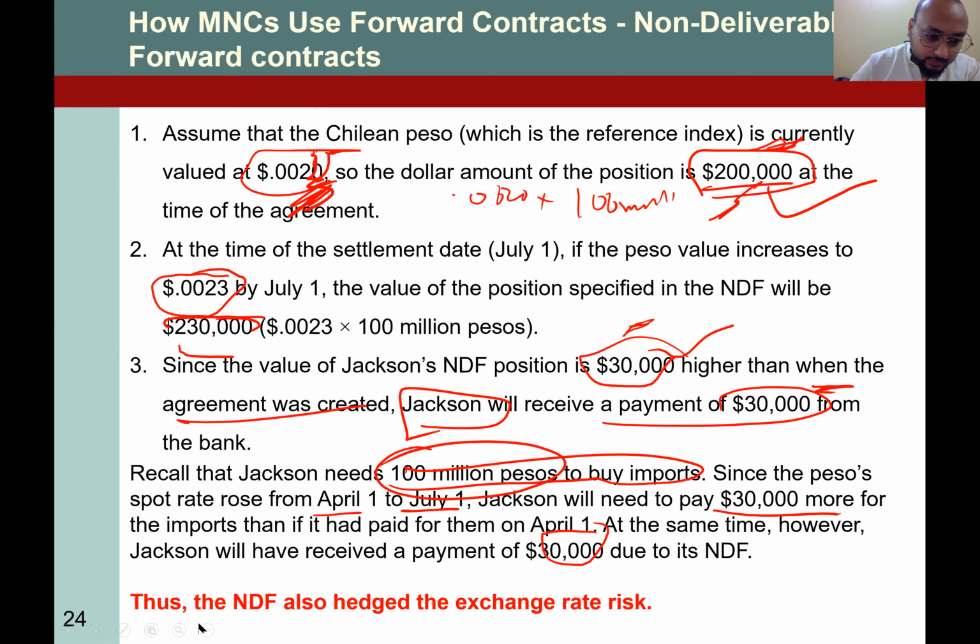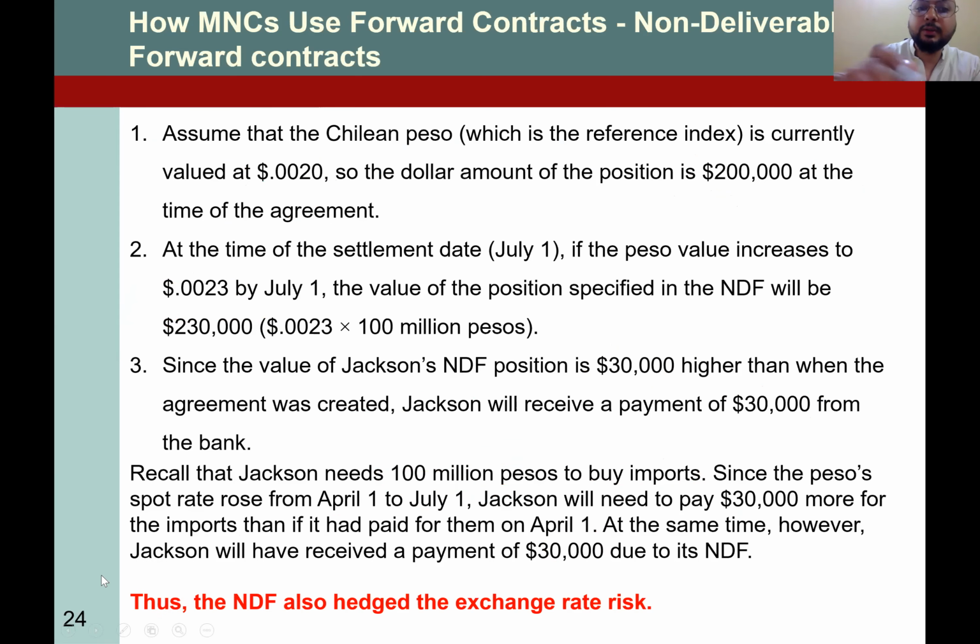let me just clear this mess. What if the position is reversed? So you enter into a contract for example here at 0.0023, and here at the time of settlement, the value would be 0.0020. It means the value decreased, right? So if you buy from the open market, the value would be 0.0020. But since you entered into a forward contract, you have to buy from the seller at 0.0023. So it means you are having a loss. So the loss, you would be paying to the bank, this 30,000.